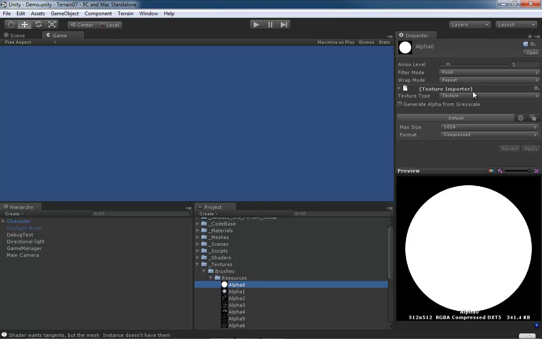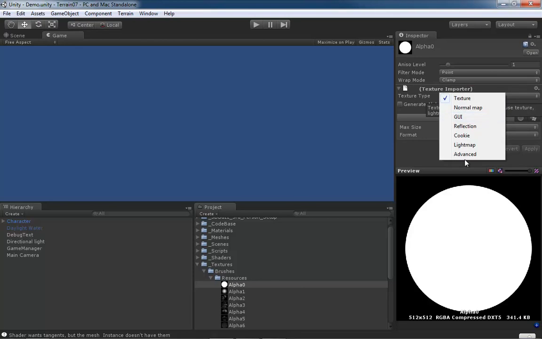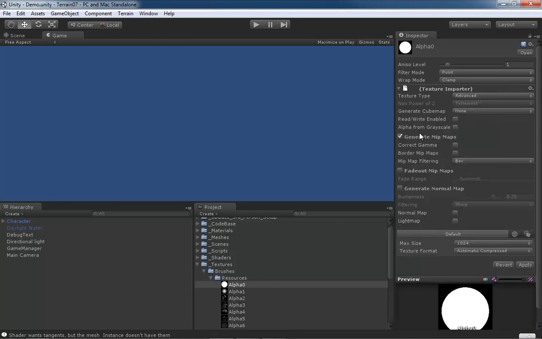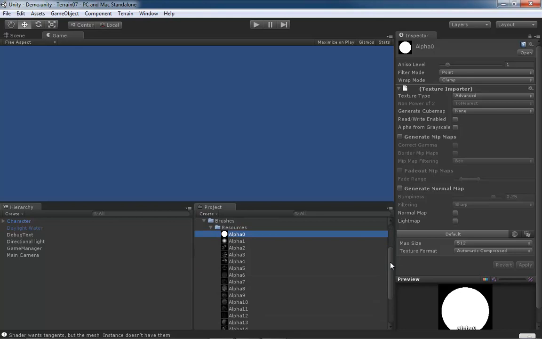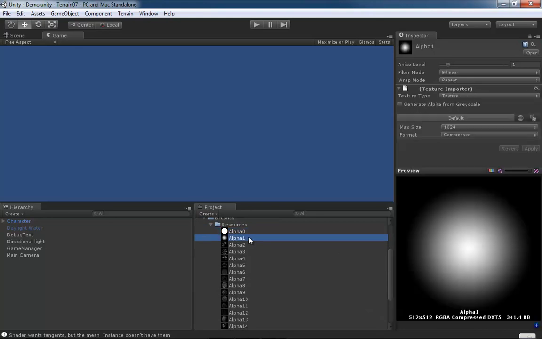All right, so with that being said, those settings are what we want. We want filter mode of point, wrap mode of clamp. We want advanced settings, bitmap turned off, max size set to 512. And we do this for every single file. So yeah, while you're just jamming on down, throwing these on each file, I'm just going to give a quick shout out to Andrew